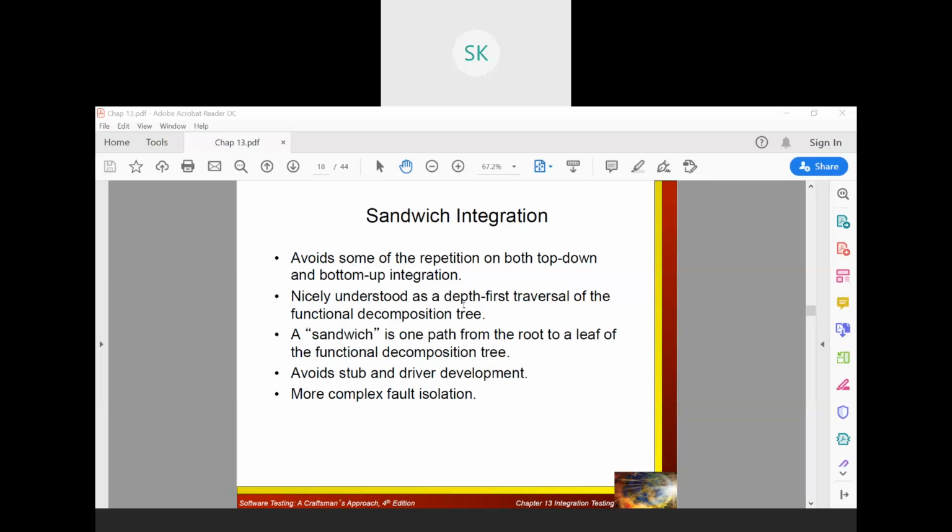From the driver, you will be getting the call to the stub. From the stub, once it is finishing, it will be returning back the resultant. Here, the main thing is the stub. From the stub, it will be driving back all the particular outputs to the main driver. So that's how it will be done. With respect to these bottom-up and top-down approaches, it will be nicely understood if we understand the depth first traversal scenario. What is this depth first traversal?